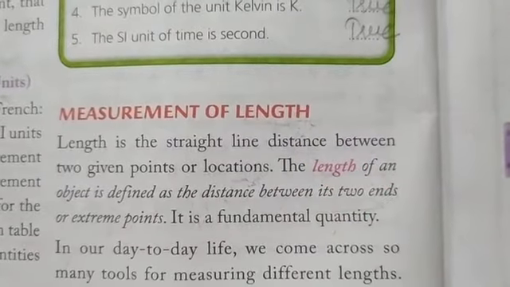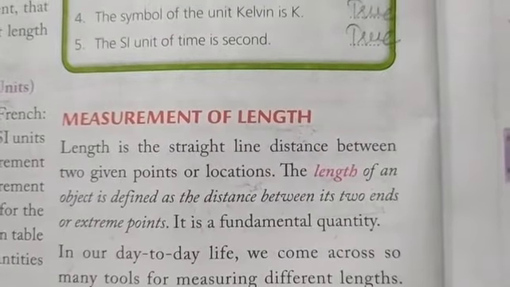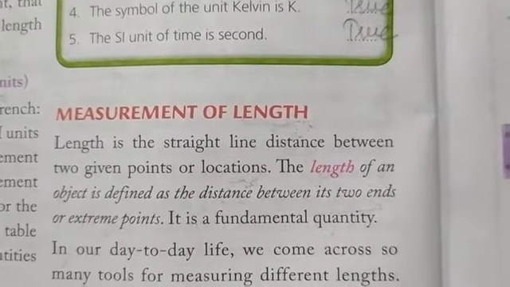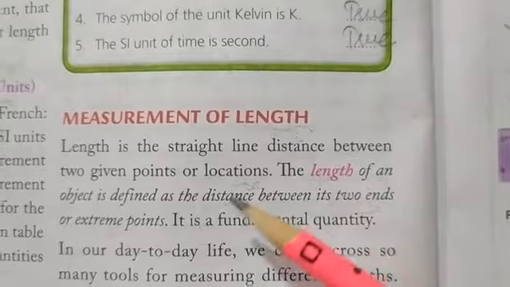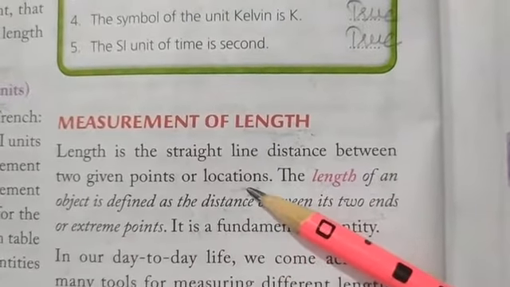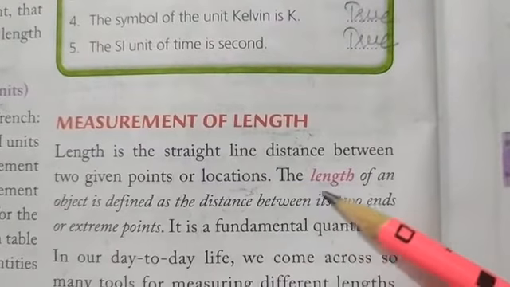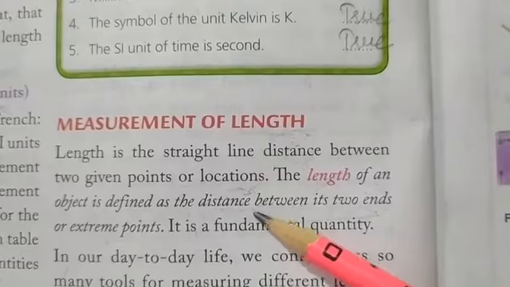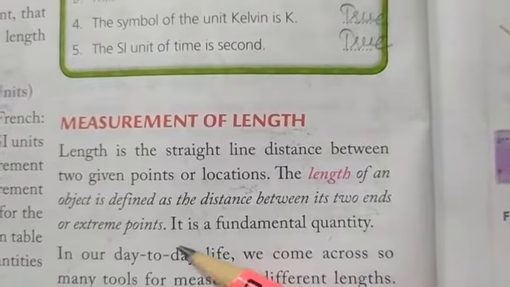So before starting the measurement, we should know what length is, or how we can define length. Length is the straight line distance between two given points or locations. Or we can say that the length of any object can be defined as the distance between its two ends or